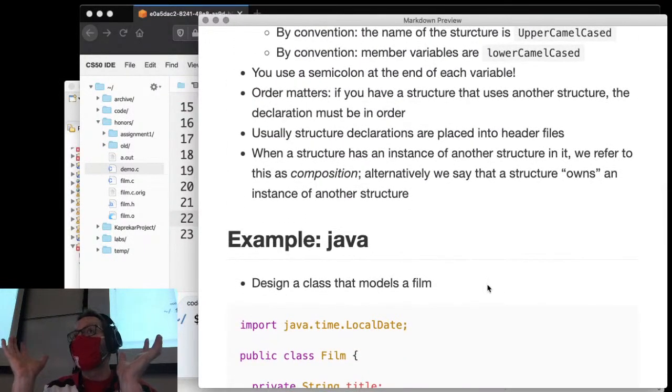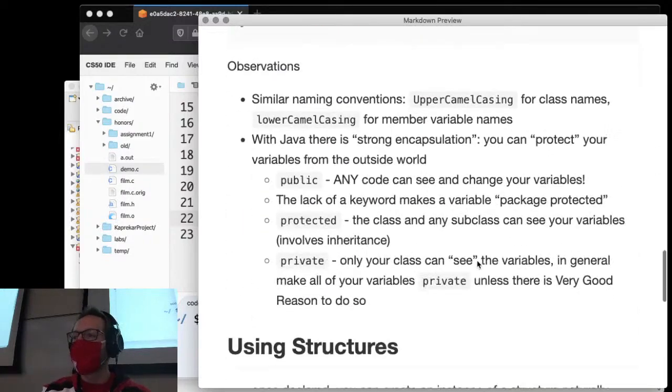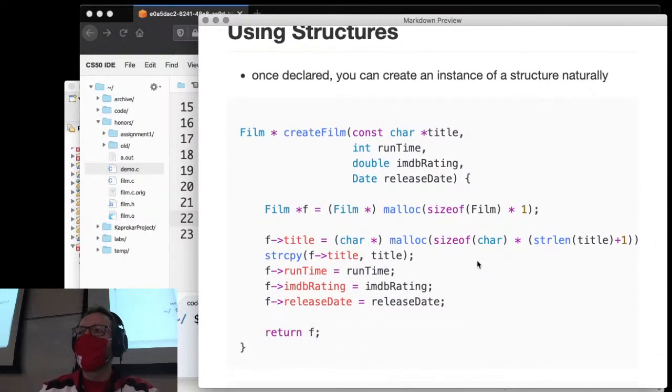Yeah, well, from the outside world. All changes can still happen, but they have to happen inside the class, right? And we'll talk about getters and setters here in a moment. Right? But otherwise, once we've got the structures defined, once we've got a class defined, we need a way to create them. And in C, we created this create film function that took the title, the runtime, the Internet Movie Database rating,